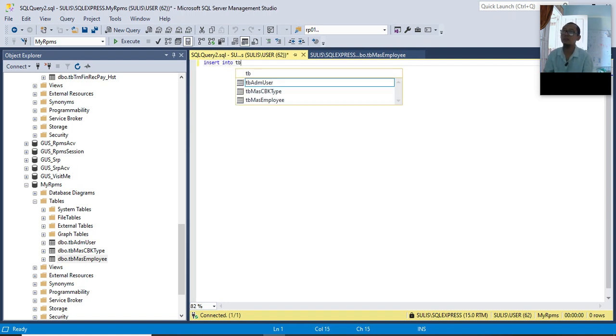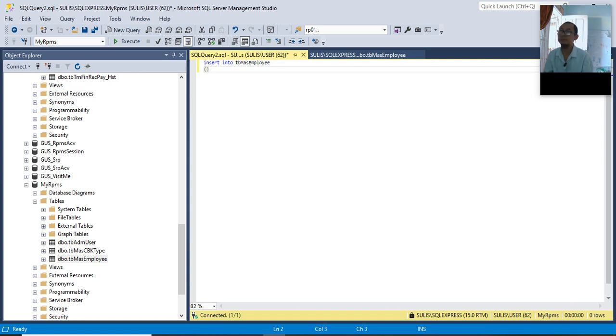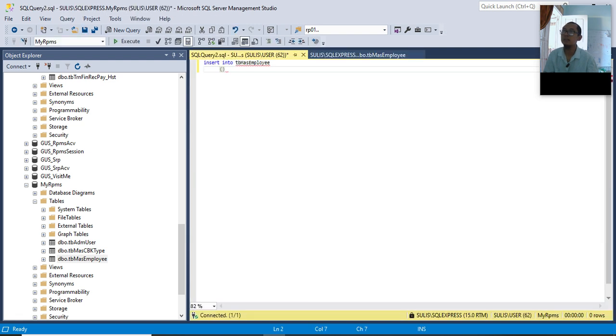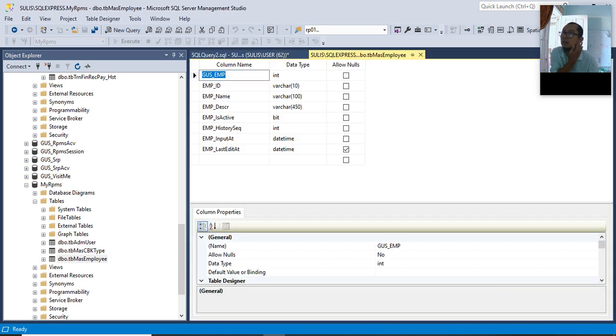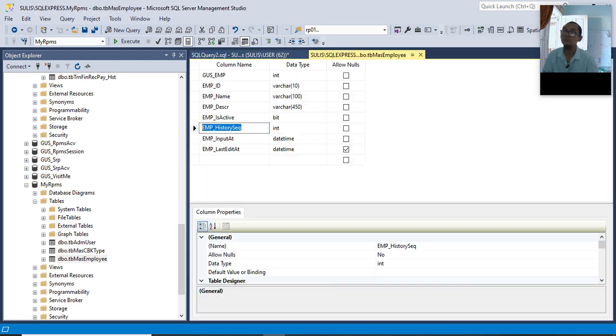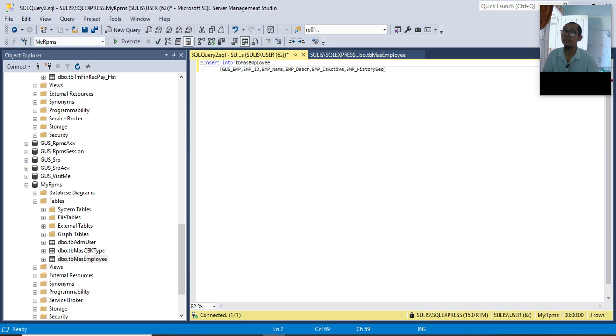Insert into, I input GusEMP, and EMP ID, EMP name, EMP description, is active, history sequence, input as, and the values.